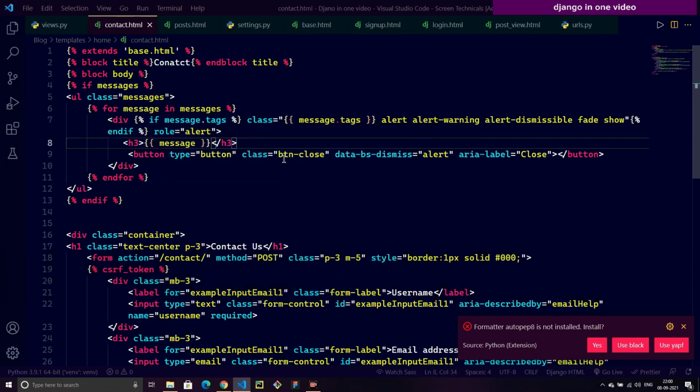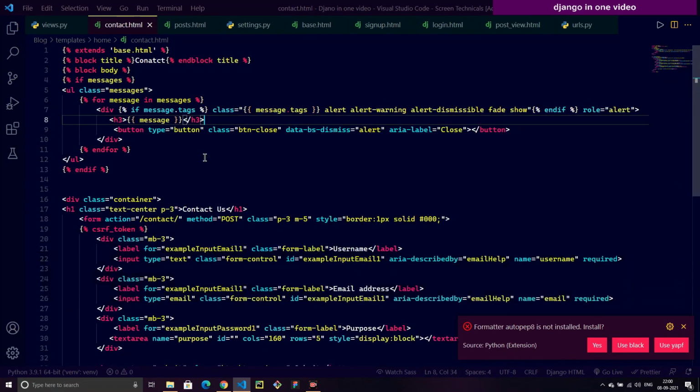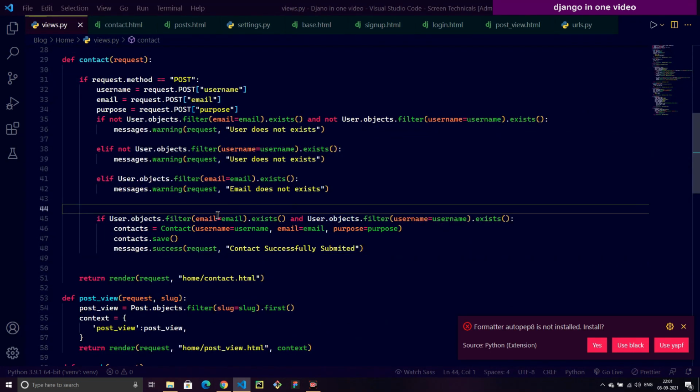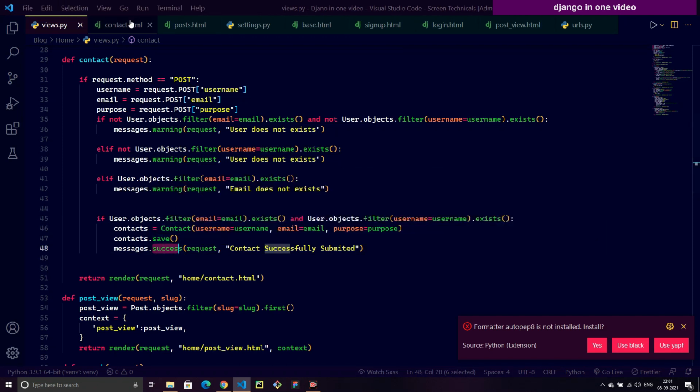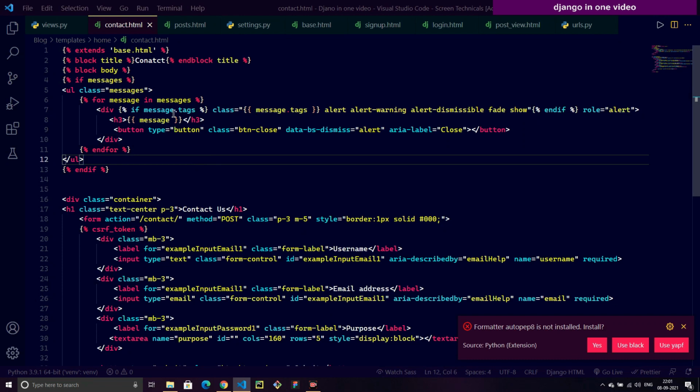Save this. Now let me explain what we have done. Actually, I'm using the for loop and getting the message. What does this mean? If messages dot tag, message dot text, if the message contains any type of text. So what are the texts actually? If you go to the views.py, here you're going to find this success, the warning. So these are the tags. Basically I'm fetching this text so that I can put the tag, that is the warning or whatever, at this point,